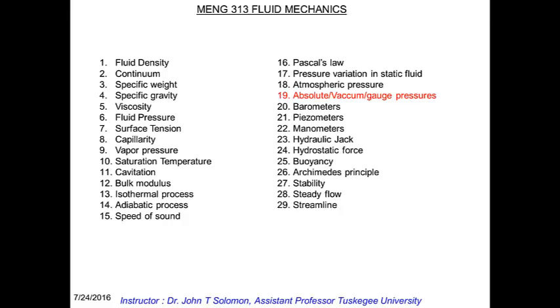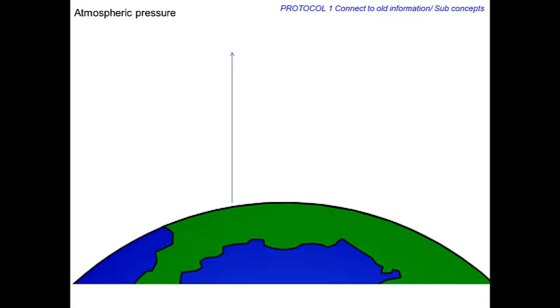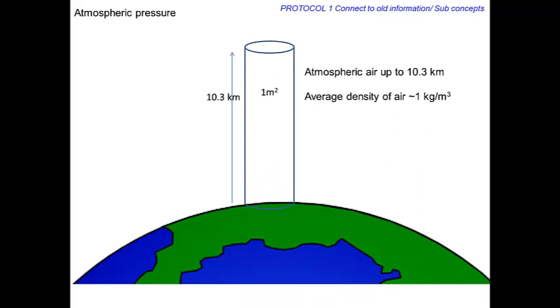Hello and welcome back. In this lecture, we learn about the concepts absolute pressure, gauge pressure and vacuum pressure. To better understand this concept, let us quickly review the concept of atmospheric pressure discussed earlier. The atmospheric air roughly extends to 10.3 km from the surface and it weighs nearly 101 kN per square meter